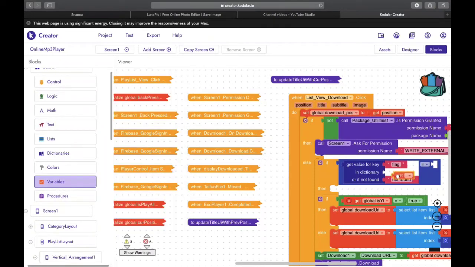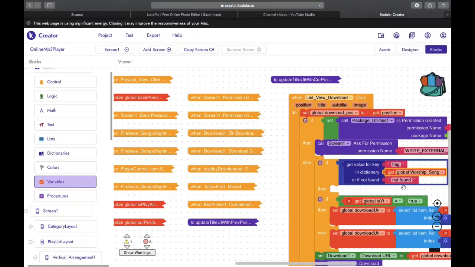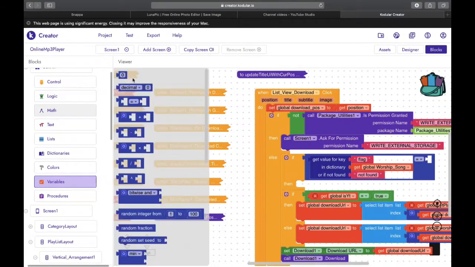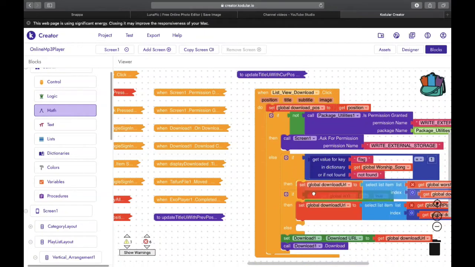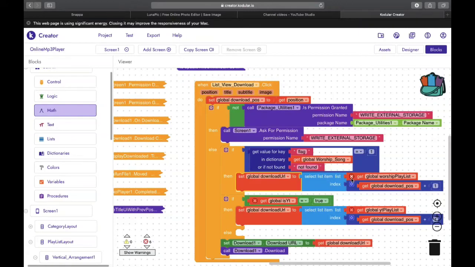Then from the global variable we will select worship song, which is first in the list. Okay, so now we know that if it is set to 1, this worship has been selected. So we will set the download URL with the song URL. So for that we need to remove the previous code by deleting, and then